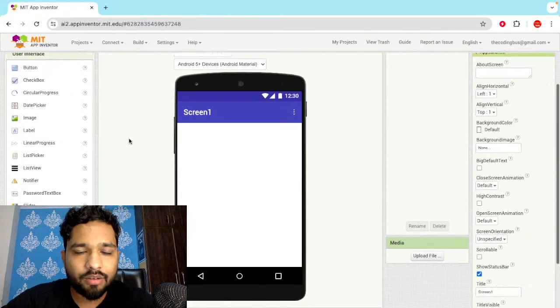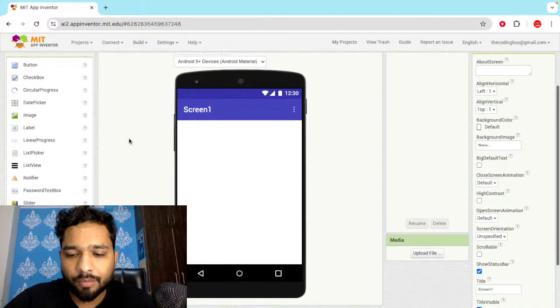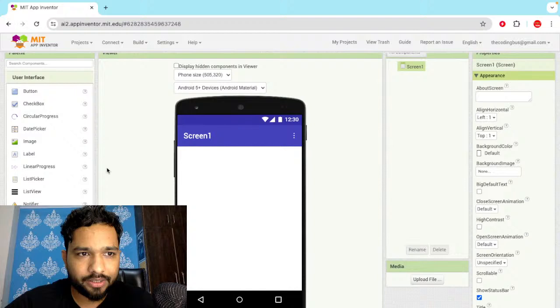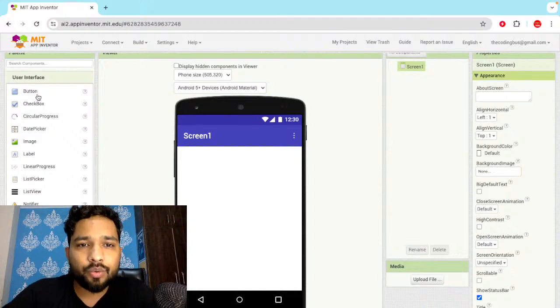Now we are going to learn step by step all the user interface components. Okay, on the left side you will see the components. Now the first is the button. So button is mainly used